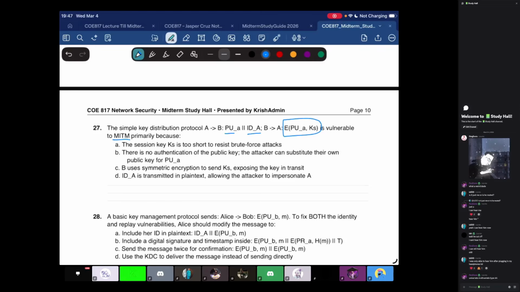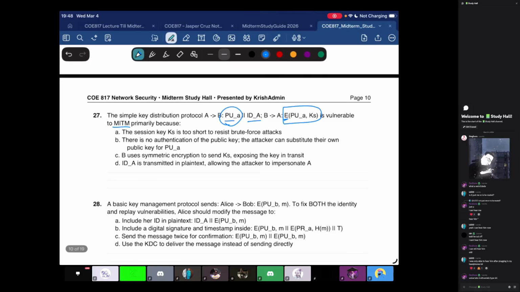So here we see that IDA is transmitted in plain text, allowing the attacker to impersonate A. That is something that can happen, but that doesn't really incur man in the middle as much. There's no authentication to this public key, right? We see that there's no encryption done on it. There is no big E put in front of it. Basically, anyone can gain access to that public key, and then whenever in the future A transmits any